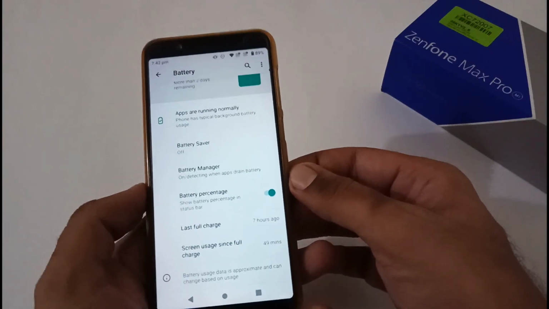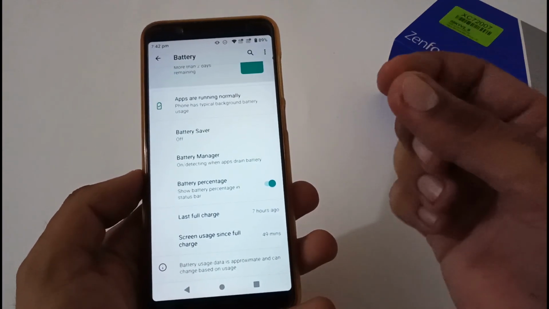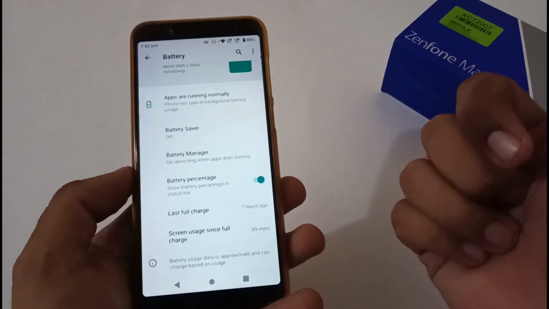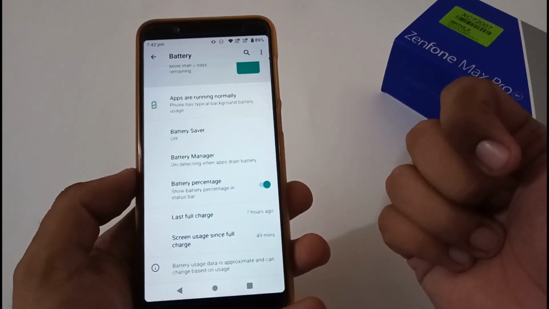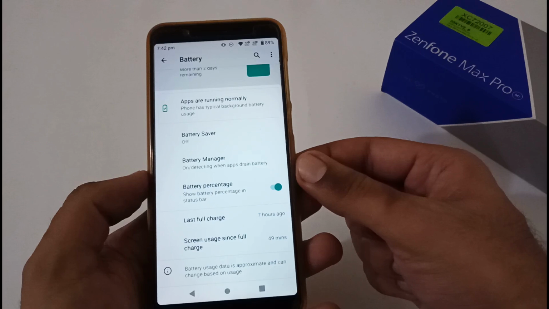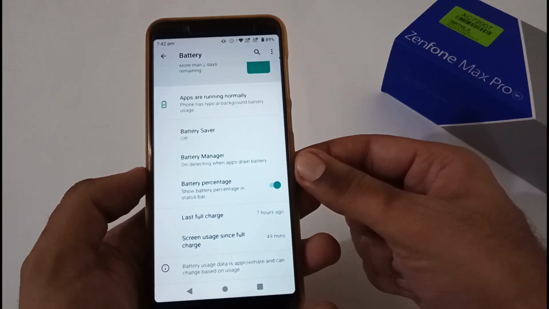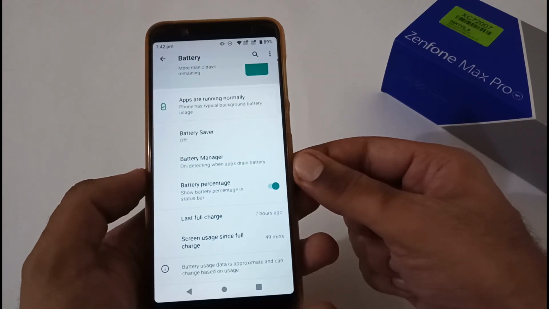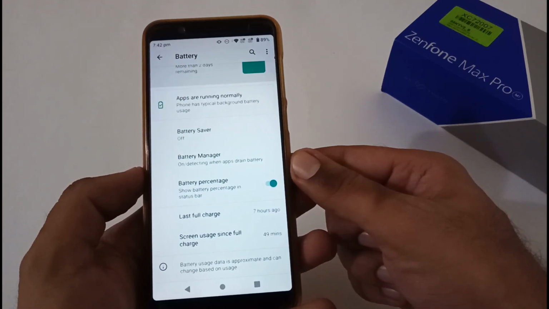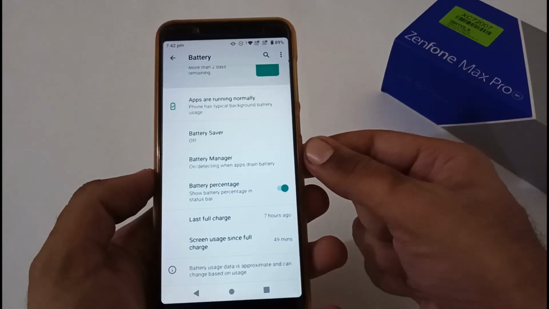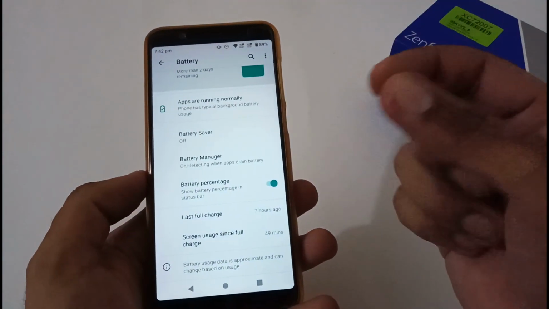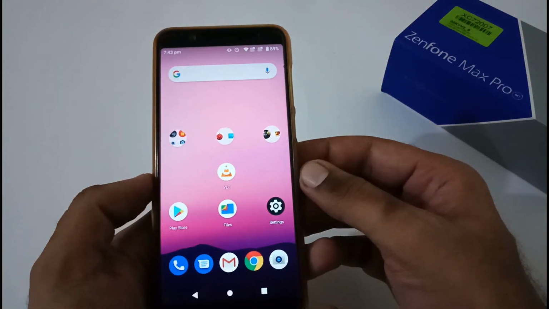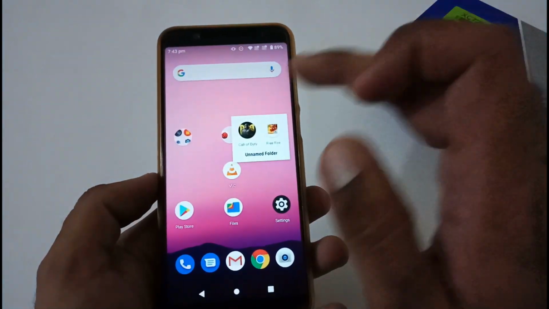I won't say that this is the winner or that is the winner or this has an upper edge. But apart from this, idle battery drainage in Android 10 beta 4 is, I would say, slightly more as compared to the 087 Android Pie stable version. In Android 10 beta 4, you will find 6 to 7% of battery drainage over a span of 7 to 8 hours, sometimes 8 to 9 hours, whereas in Android Pie 087, you will find 4 to 5% over a span of 7 to 8 hours, sometimes 8 to 9 hours. So I would say that Android Pie has a little bit of an edge in idle battery drainage. After this, we'll discuss battery consumption from the gaming perspective.